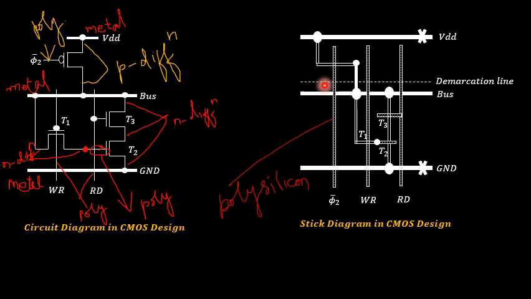separate your PMOS transistor as well as NMOS transistor with the help of a demarcation line. So wherever you have used a connection between different type of layers, make use of a contact cut. Here I have used a contact cut because this is a diffusion layer and these are the metal layers. So once all the connections are done, since it's a CMOS design, you are supposed to draw a P-well contact as well as an N-well contact by making use of a cross mark. So this is the stick diagram what you are going to follow in case of a CMOS design.